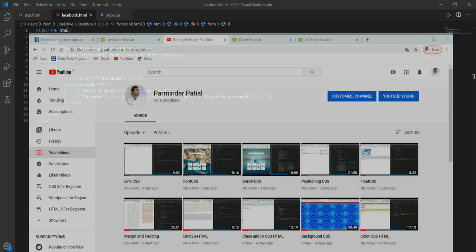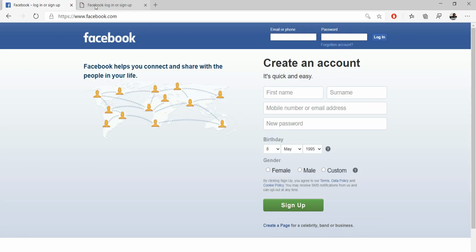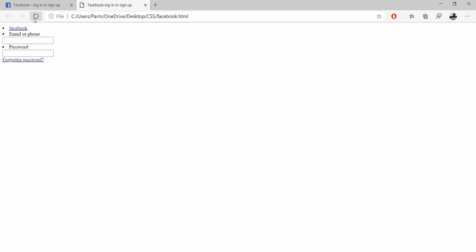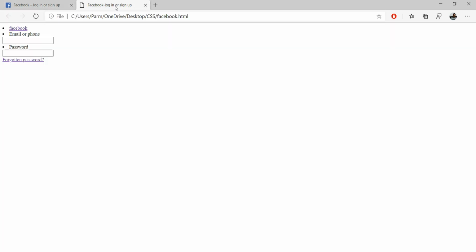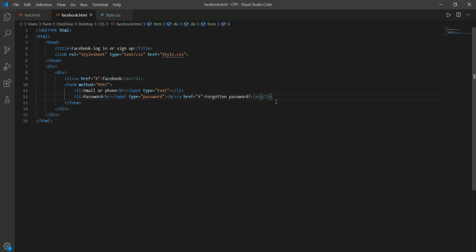Save it. Now refresh it over here. Email or phone, password, forgotten password is written. We see forgotten, not password, it's forgotten account is there. So we have to write forgotten account. Then in the last we have to make a button, forgotten